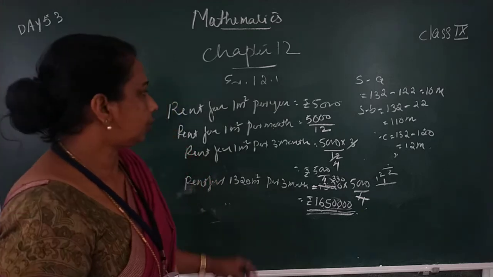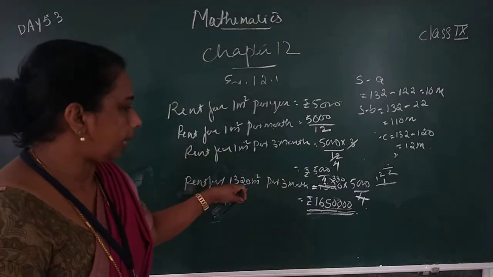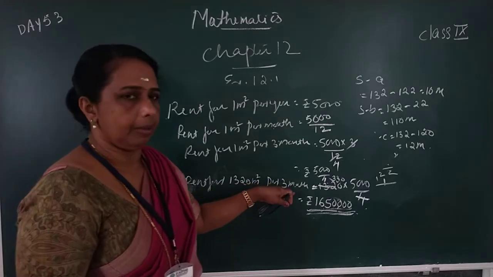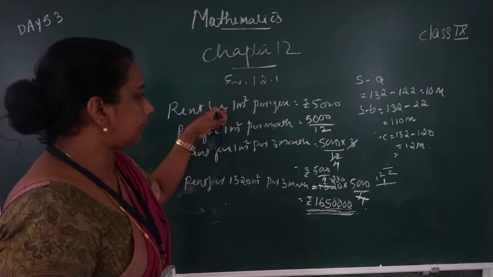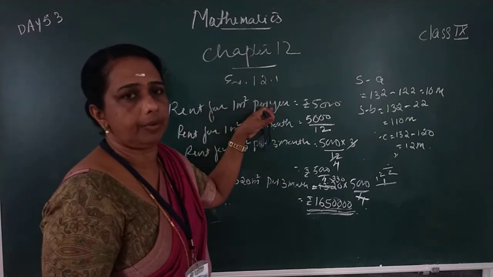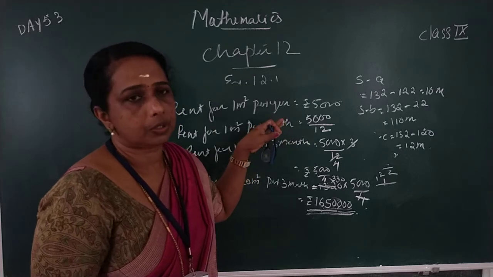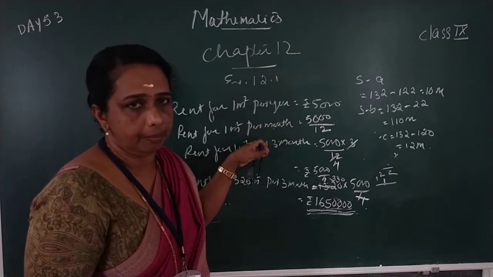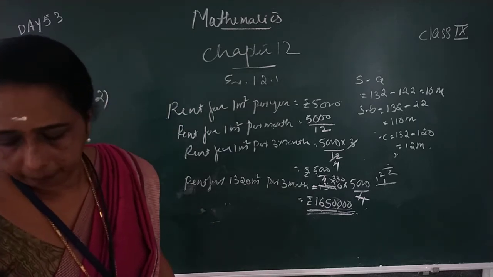Okay, first find out the area, then we want to find out the rent for that area for 3 months. Okay, rent for 1 meter square per year is given, that we converted into per month, then we converted to per meter square area, the rent for 3 months, then this much area we have to find.